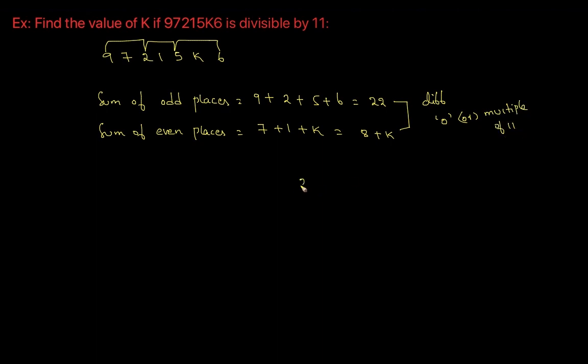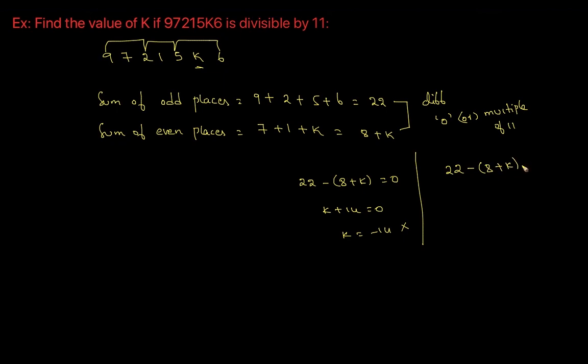So if I make the difference 8 plus k equal to 0, what do you get? K plus 14 equal to 0, k equal to minus 14. Is it right? No. Why is it not right? Because this is a single digit, and we got the number negative. So both things are not possible. So this rule we cannot satisfy, right? So another one should be